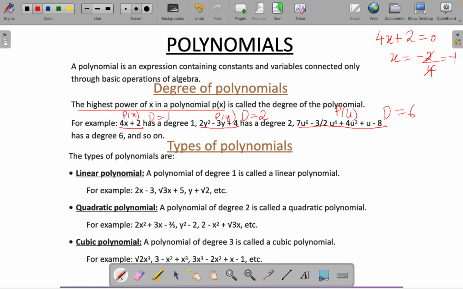which will be minus half. So degree means I can get maximum value of the variable. So degree 1 means मुझे x की एक value मिलेगी. This is a quadratic equation. If you will try and split this quadratic equation, children,